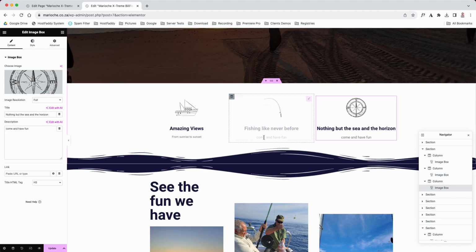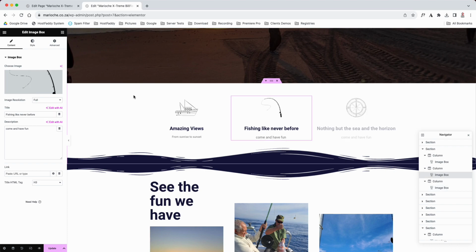So now, as you can see, the "come and have fun" text in these two columns is a different size to the one in "amazing views". To save time going into style and changing the settings, which can be a bit tedious, especially when you've got quite a lot to do on a page,